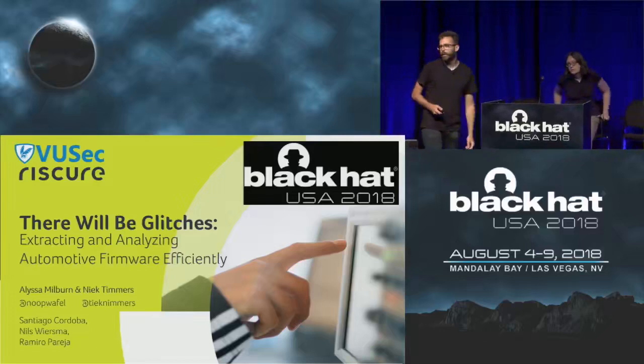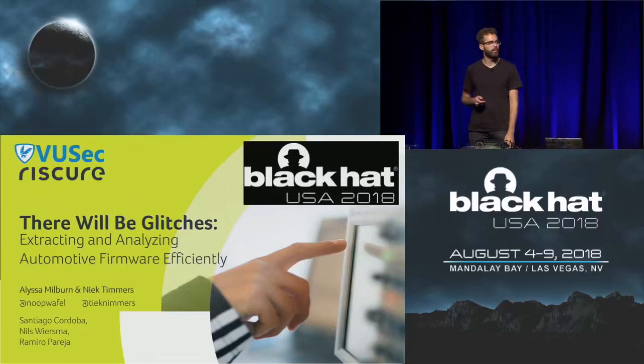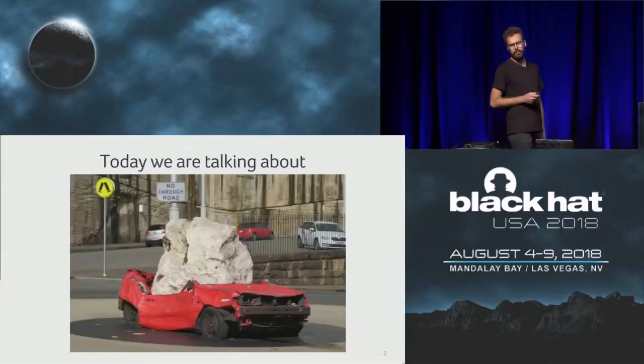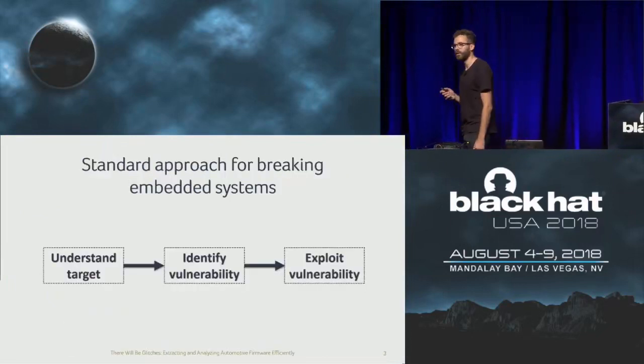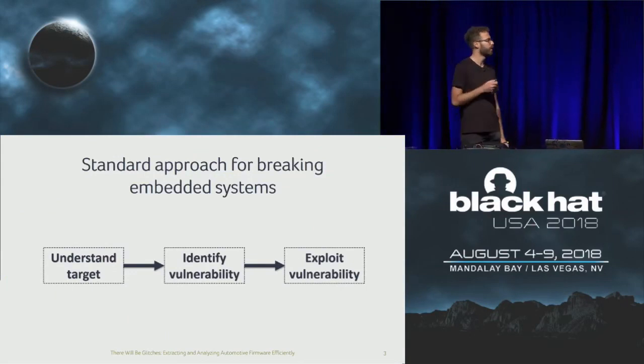Happy to be here together with Elisa to present some of the work that the automotive security team at Riskier has been working on the last year. So today we're talking about breaking cars. And obviously we're not talking about breaking cars by throwing a big rock on them. We really talk about breaking cars in a similar fashion attackers would take when they try to break an embedded